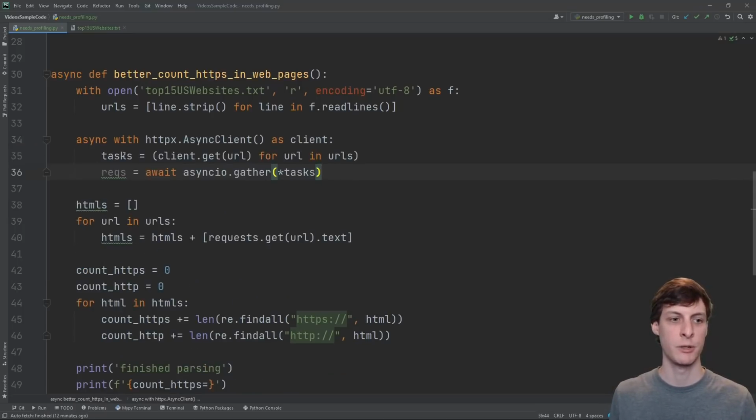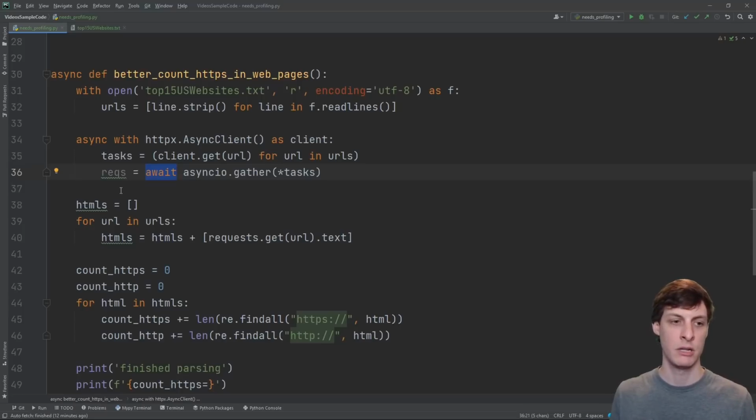What this is going to do is create an asynchronous client. You need a library that knows how to do this, and it will asynchronously go out and get all these URLs. Then what gather does is it just waits for all of them to finish in whatever order they do. It doesn't block any of them. But then I am going to block here. I'm going to wait until they're all done.